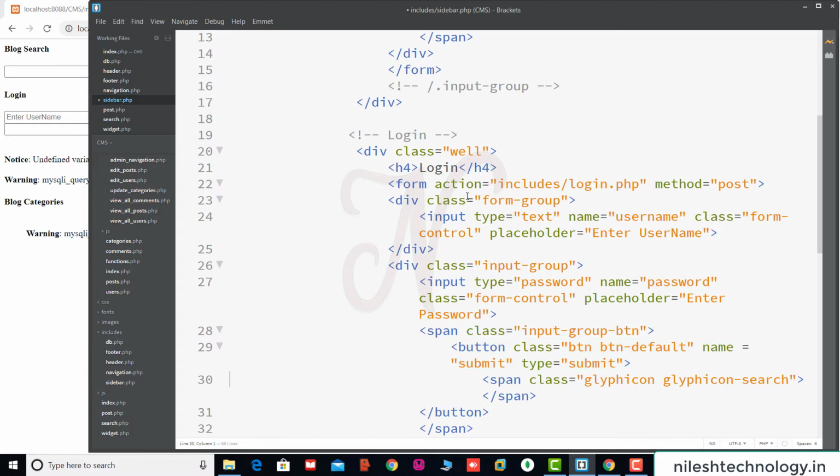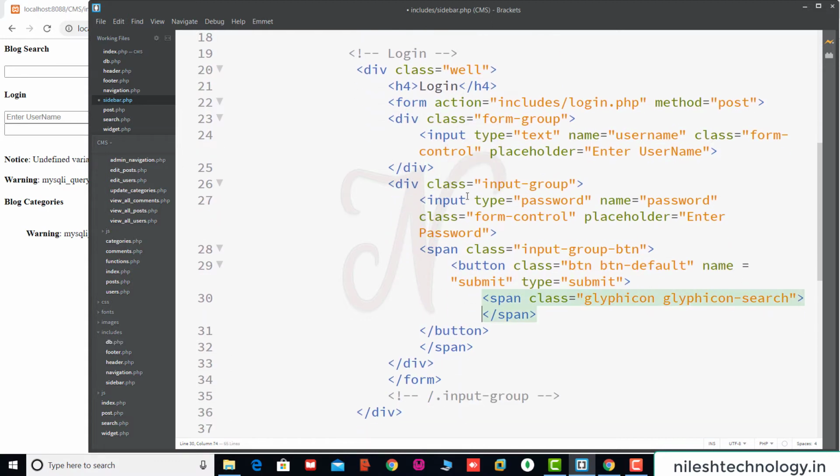Okay, and inside this span here we use one button, class equal to, this is a default, so here we change, this is your primary button, name equal to submit, type equal to submit.